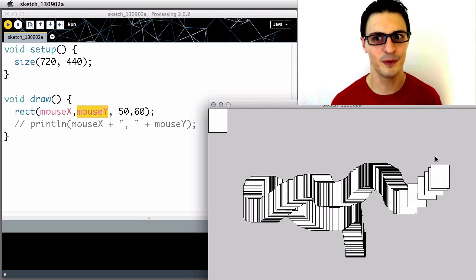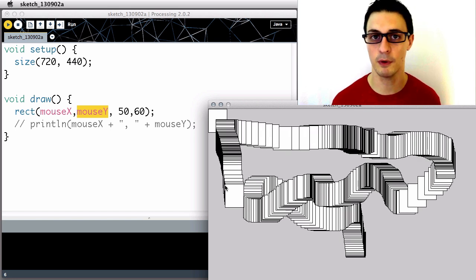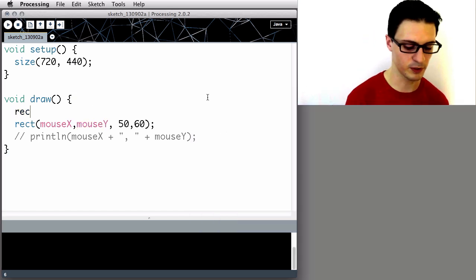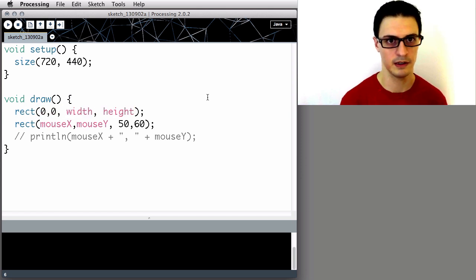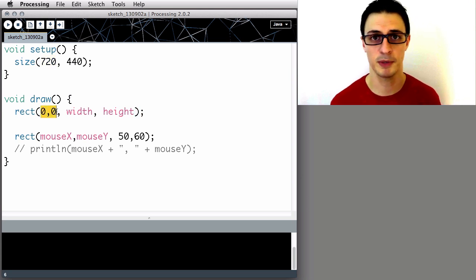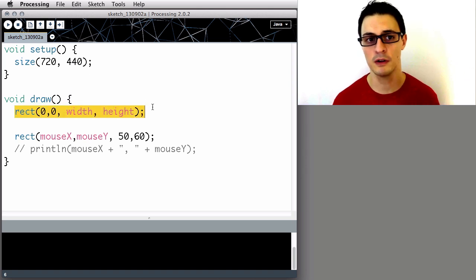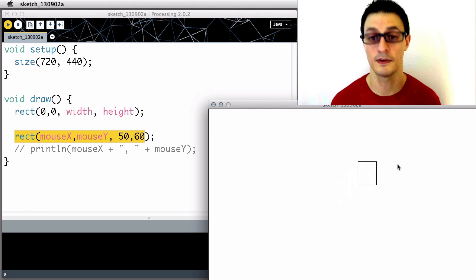You might be wondering, what's up with this tail? What's up with the smearing? All that's going on there is that we're not erasing where it was before. So we could erase what was there before. For example, if we drew a rectangle the size of our screen, remember we can use width and height, which are automatically set by Processing to the values that we set inside size. So this is going to draw a rectangle 0 pixels from the edge, 0 pixels from the top, 720 pixels wide, 440 pixels tall at the start of each draw call, and that's going to erase the rectangles that we previously drew based on the mouse position,